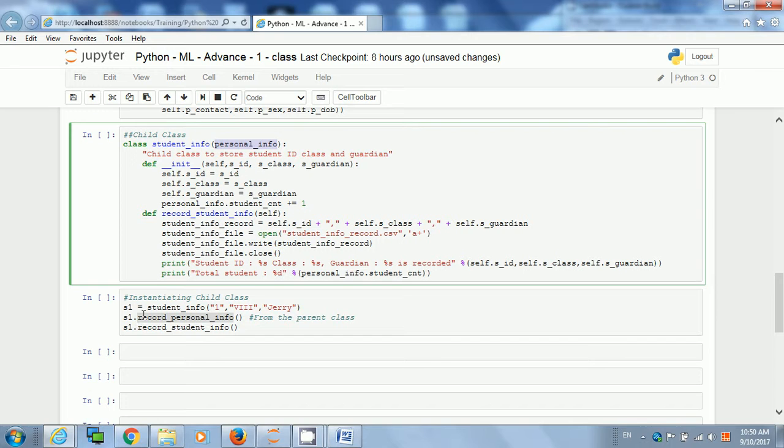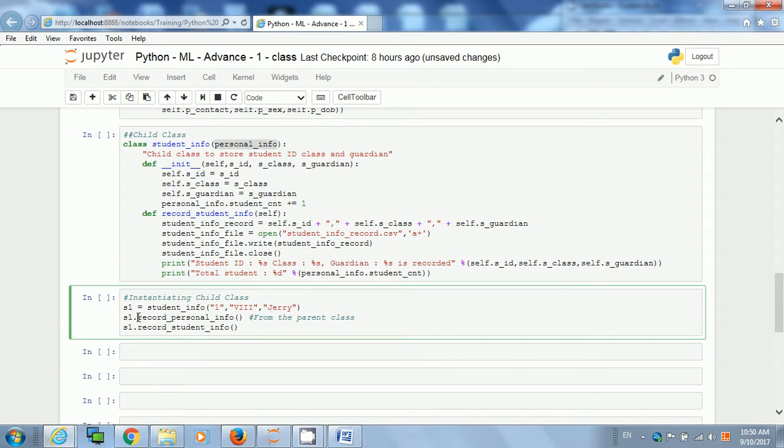So what this means is this method in personal_info is now available in the student_info instance. So s1.record_personal_info, what this does is